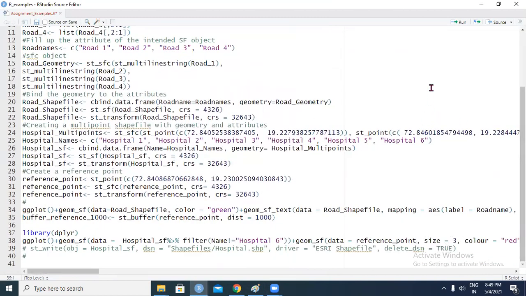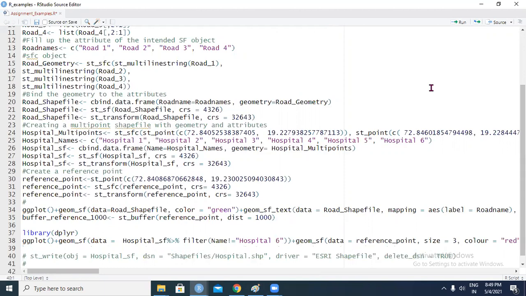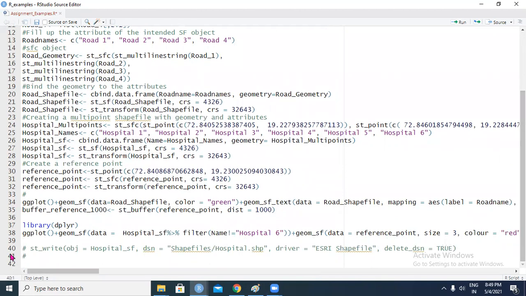Another interesting thing is that you can actually write it as an ESRI shapefile, which is one of the striking features of this particular library, and also other libraries like sp. And in sf, what you do is st_write. That is the function that you use. Your object is obviously your hospital_sf. Your DSN is your directory source network, I believe.